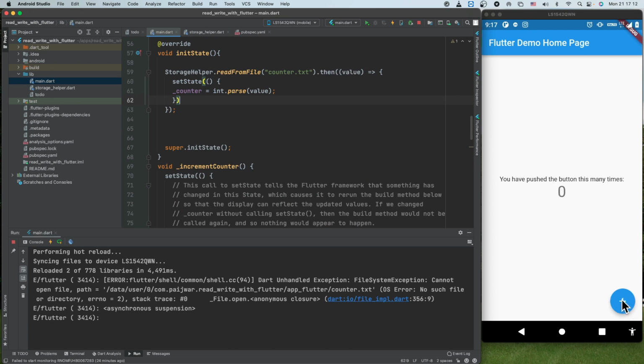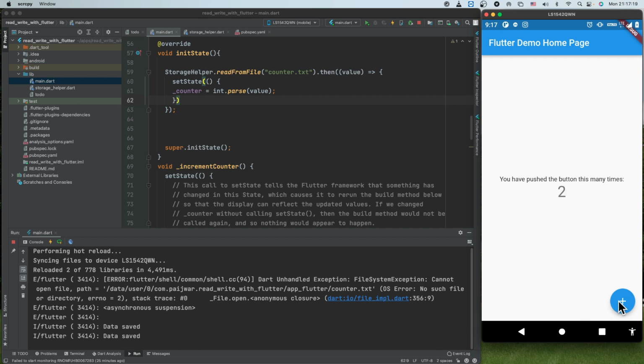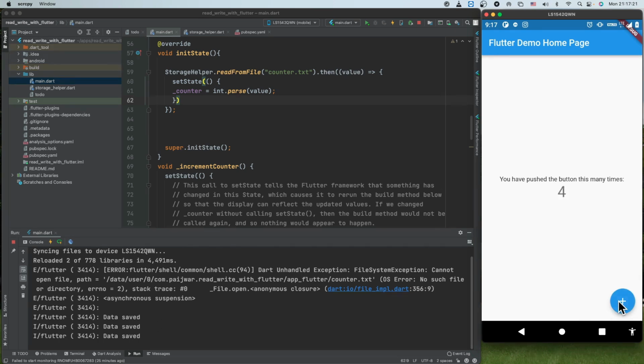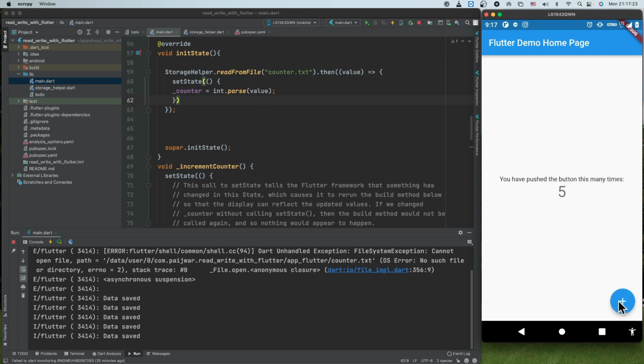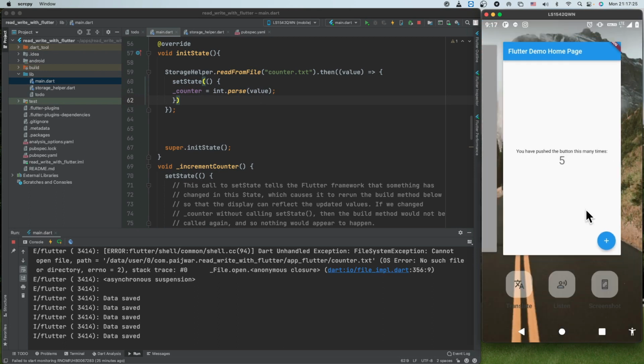And now we increment this to 1, and here it says data saved 2, 3, 4, 5. Now we'll kill this app.